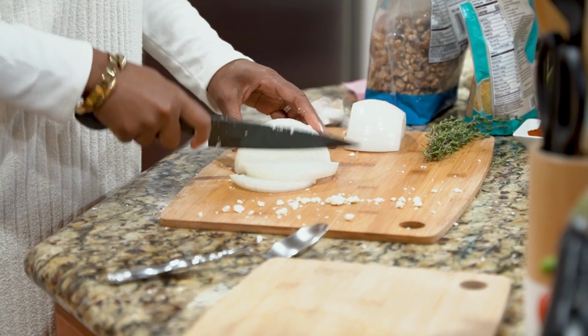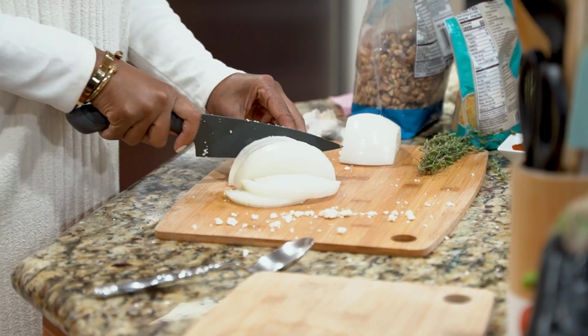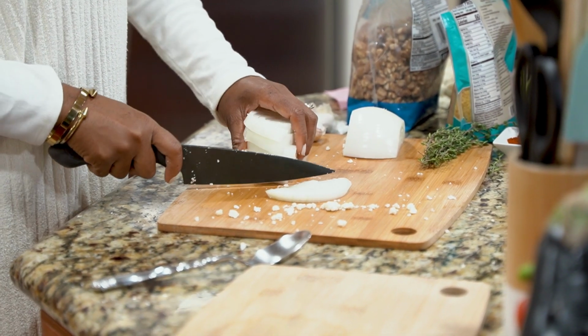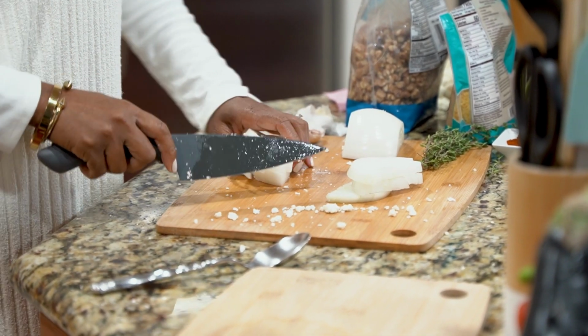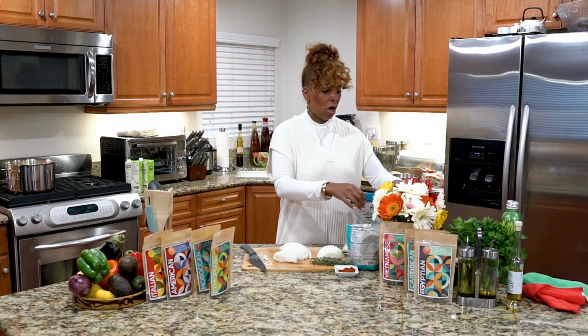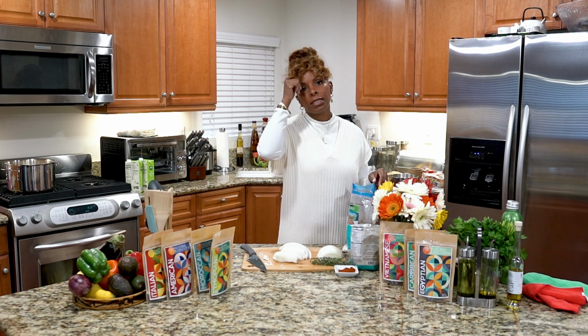And remember, all of this is going to go in the blender, so you don't have to worry about it being really, really small. We just need it to be small enough to get in there and start cooking. And before I do this, let me soak our walnuts. Almost forgot that. Now, if you're doing this ahead of time, soak your walnuts for at least about an hour